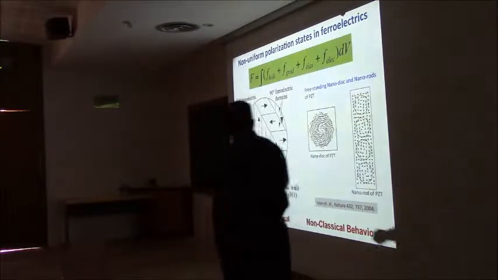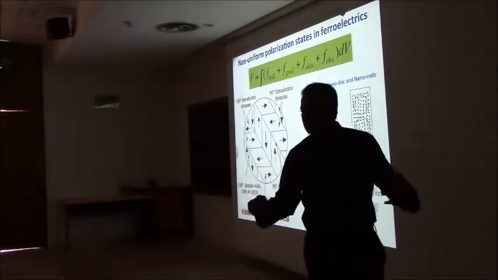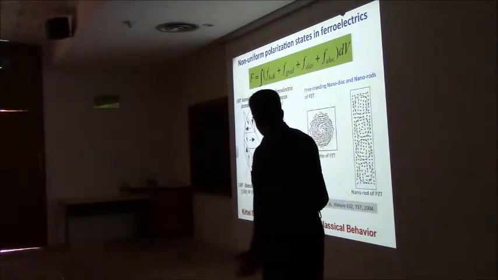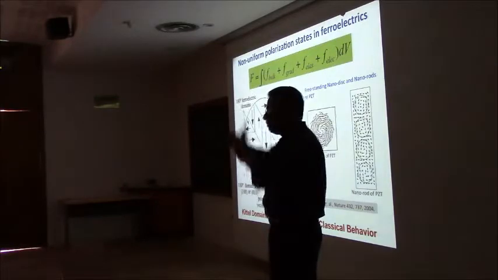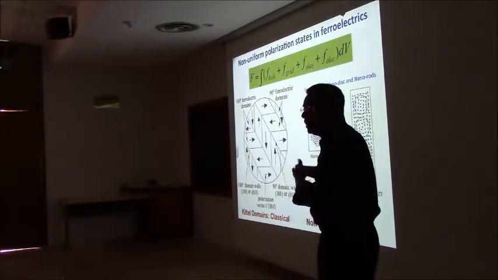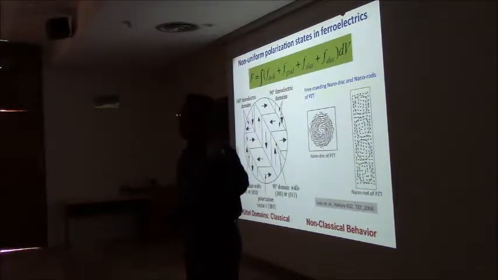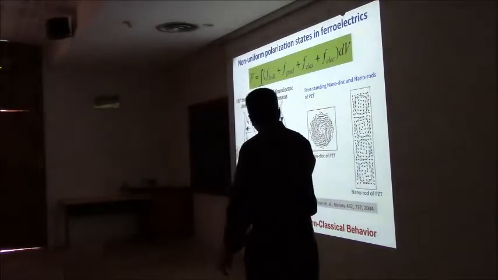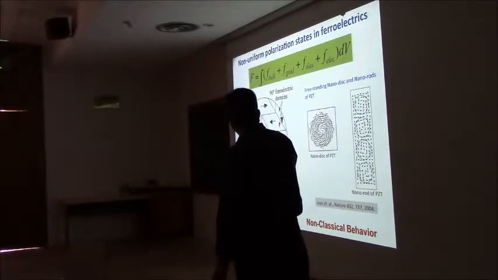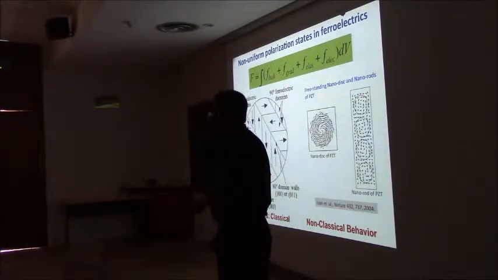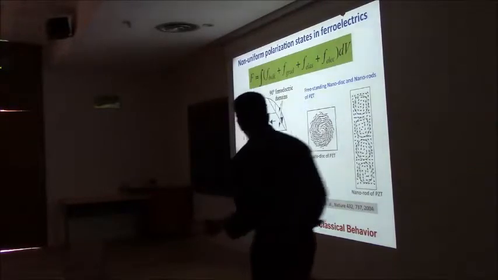And if you go through the process, in a classical macroscopic system, you will see that it forms domains like this. These are very classical, and in this case, these are 180-degree domains, polarization up and down. This is a tetragonal material. Remember, Tom was talking about symmetry. Symmetry is very important. You cannot cheat on symmetry, especially in ferroelectrics, because the polarization vector cannot deviate too much from those axes. So here it is going along the 001 and 00 minus 1. And these are 90-degree domains because you can now put the c-axis this way, and this way. So you have all the symmetry operators that are used.